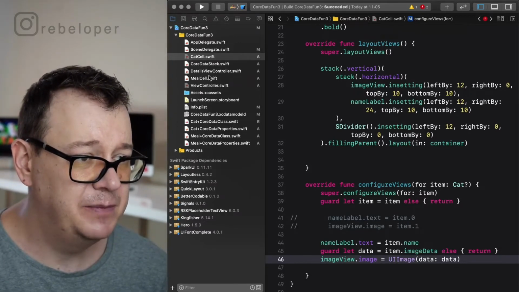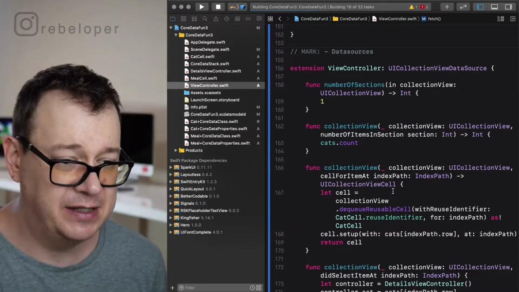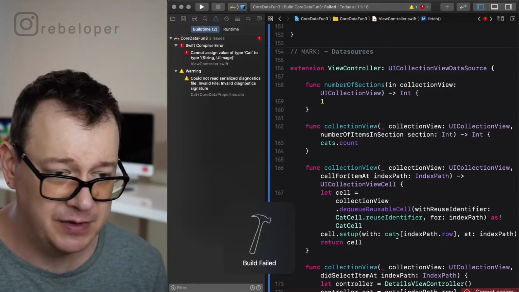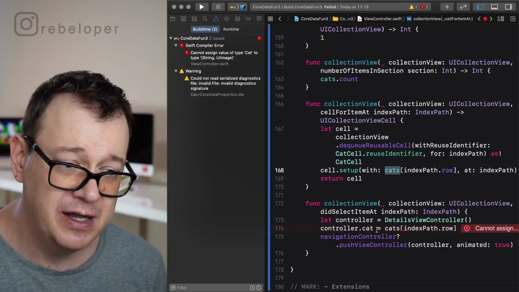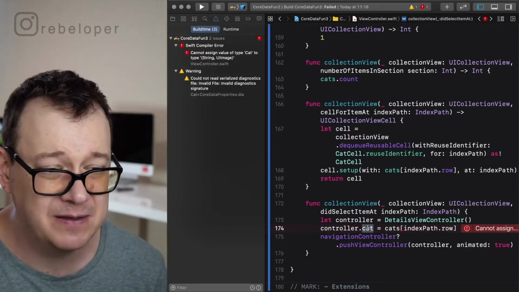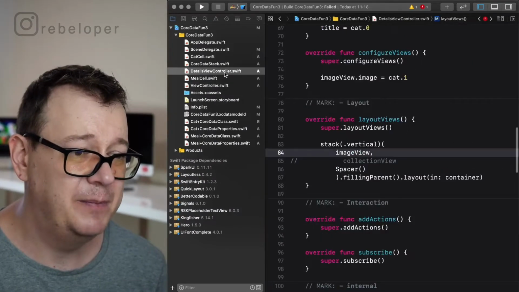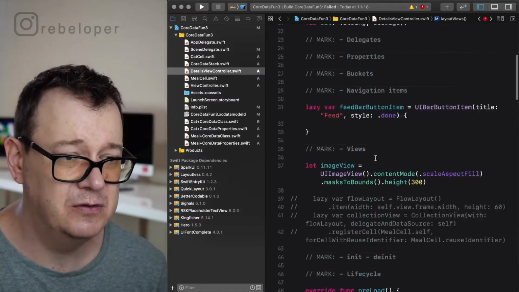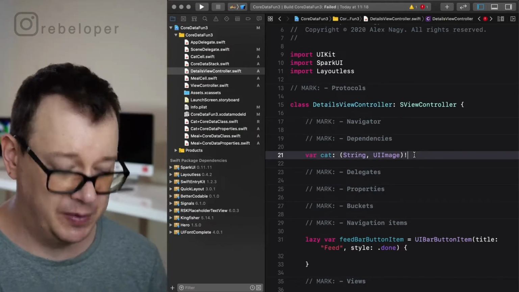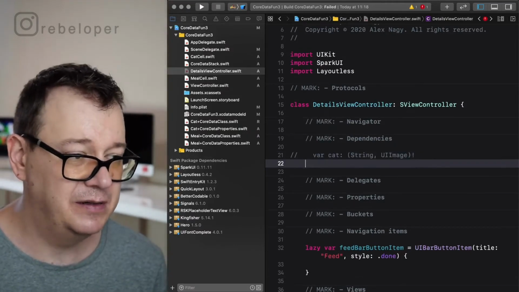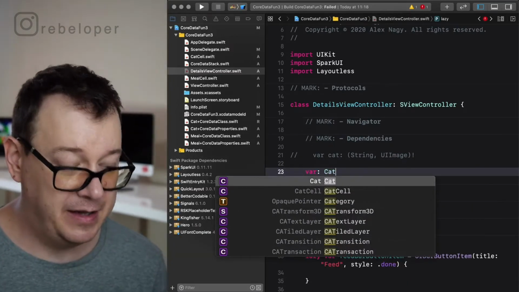So let's just go back into our view controller. Let's hit Command B so we can see that all of this is already set up. Yeah, cats, and that's right. Now we need to go into the details view controller. And as you can see, we need to have here something called cat, because on the details view controller we pass on the cat. Let's just go all the way up here, and instead of our tuple, let's just add in here our variable cat